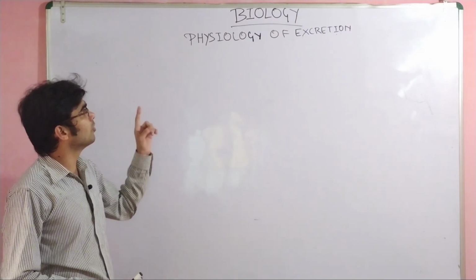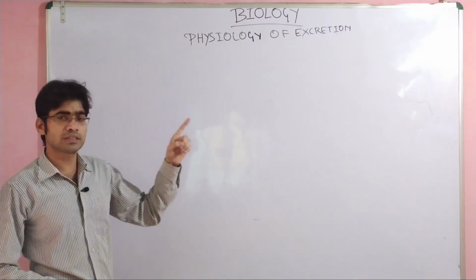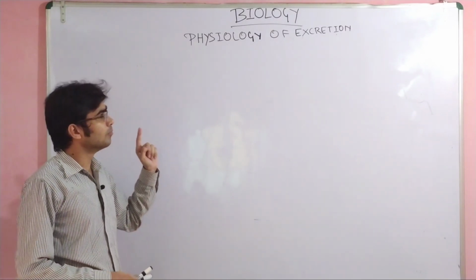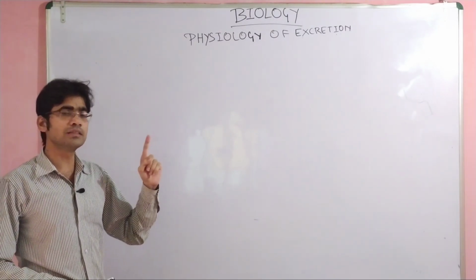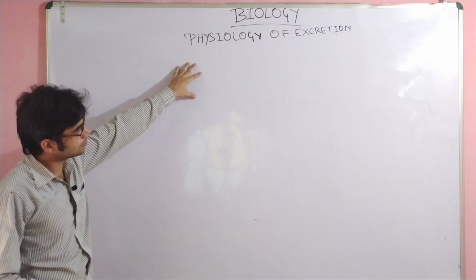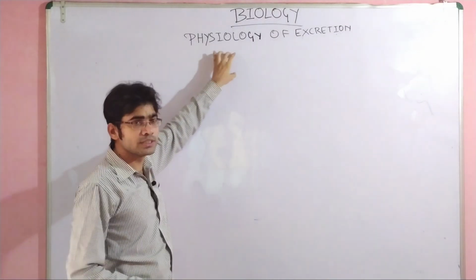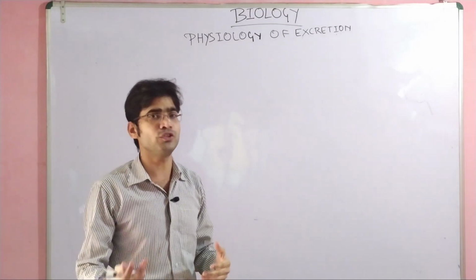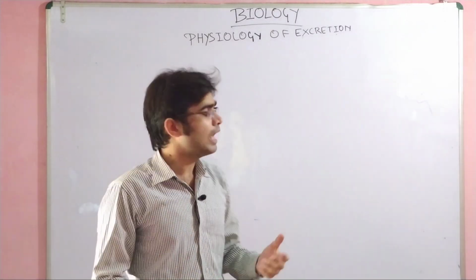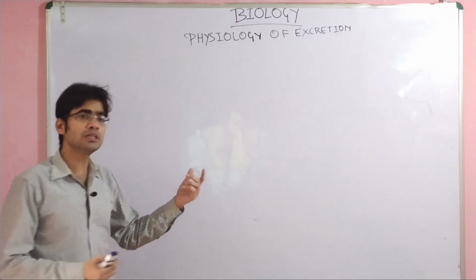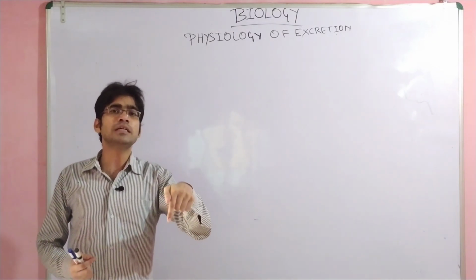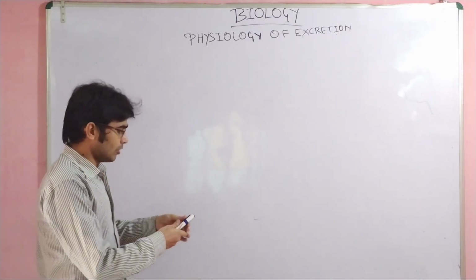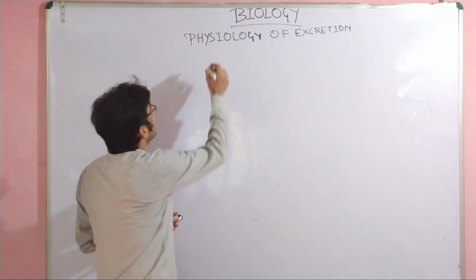In this video I am going to discuss the physiology of excretion, which is the most vital part of the excretory system. In this heading there are two processes. The first one is the ornithine cycle, that is to say formation of urea in the liver, and the second one is urine formation, which takes place in the kidneys. So the first one is